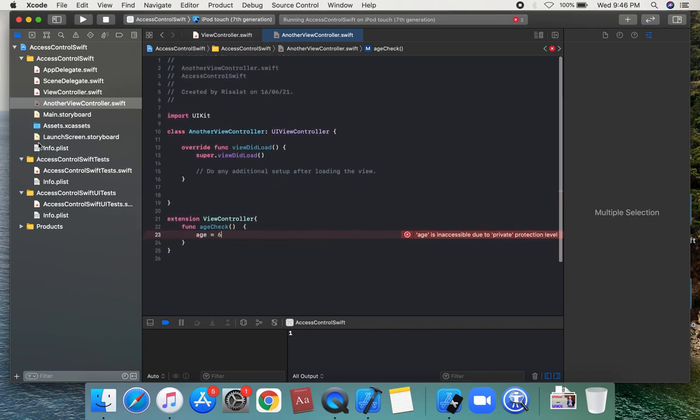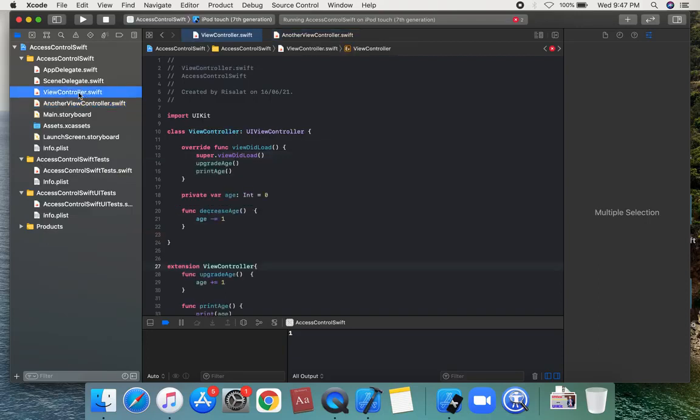So okay, we have completed private, and now we'll use fileprivate. I would like to tell you about things pertaining to fileprivate.